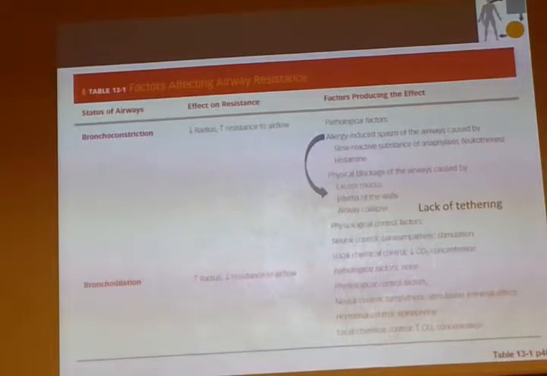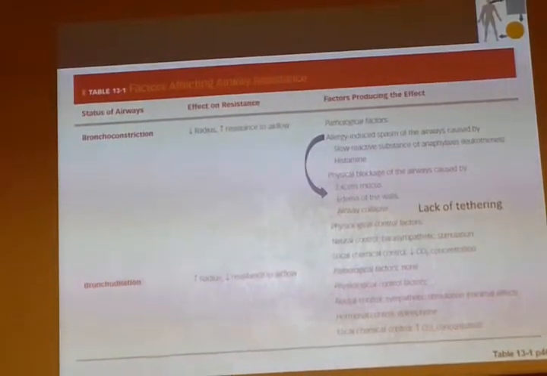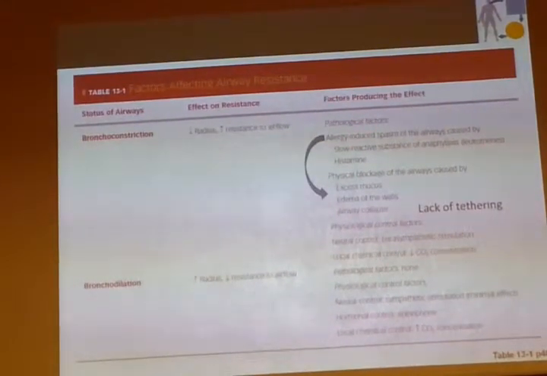So with bronchoconstriction, the airway radius goes down. Radius to the fourth power, radius is always the greatest determinant of airway resistance. As radius goes down, resistance will go up. Radius is in the denominator, so it is inversely proportional to resistance. Now, pathological factors that influence airway